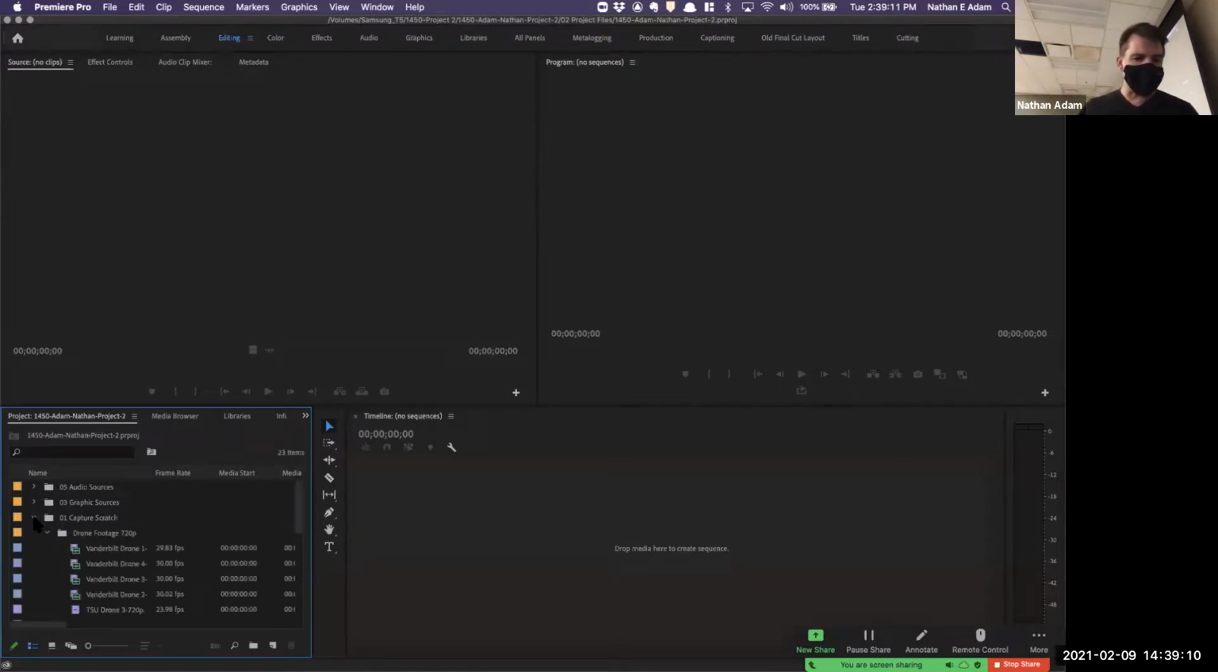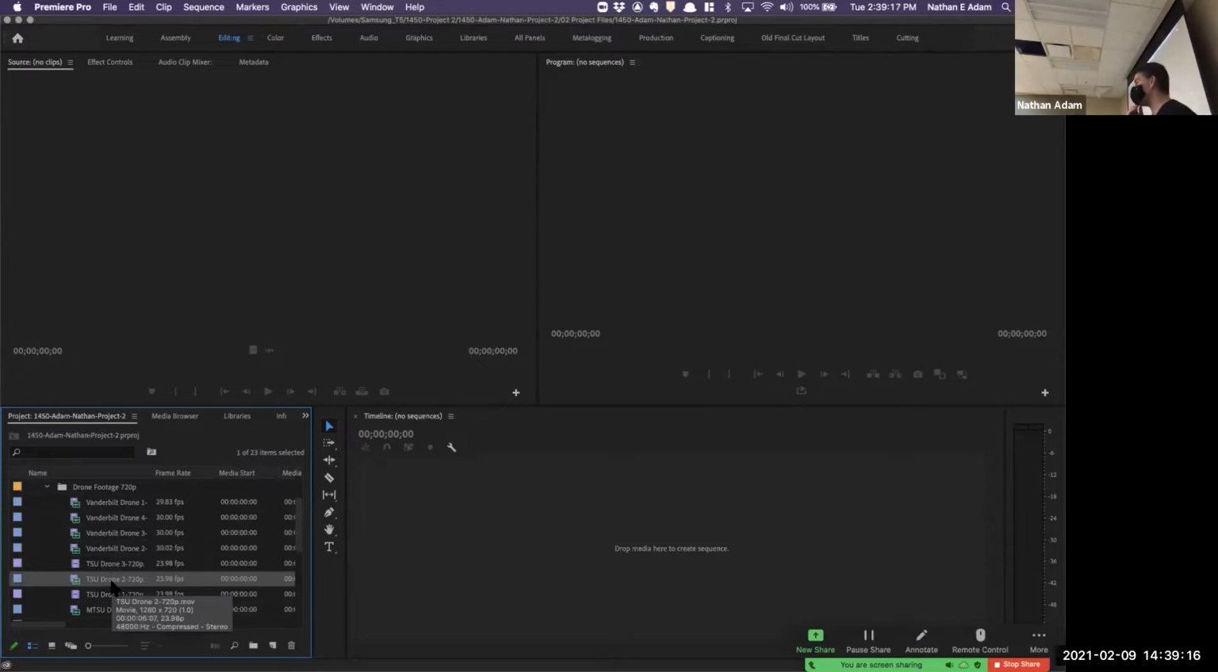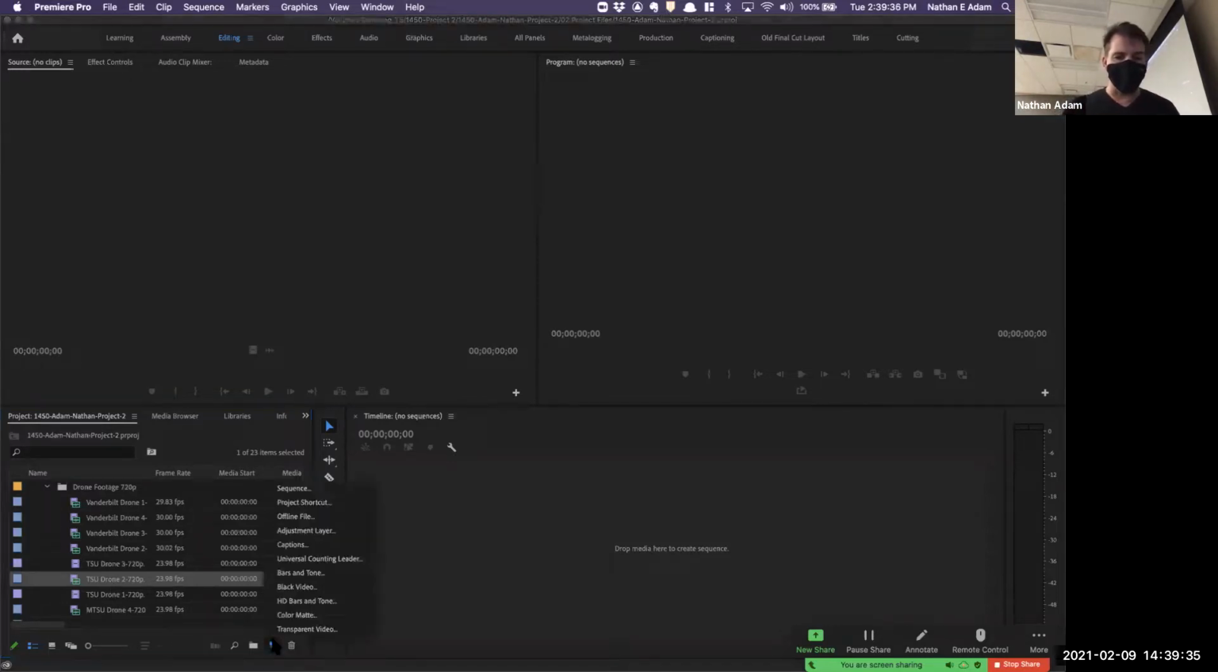In this case, the capture scratch, the drone footage, all of these files are running at different frame rates. In the past, not even that distant past, this would have been very much a no-no. You don't want to throw files with wildly different frame rates into the same session, because the session would not necessarily be able to accurately play them back at the right speeds or account for that problem. But what we're going to do is make a simple new